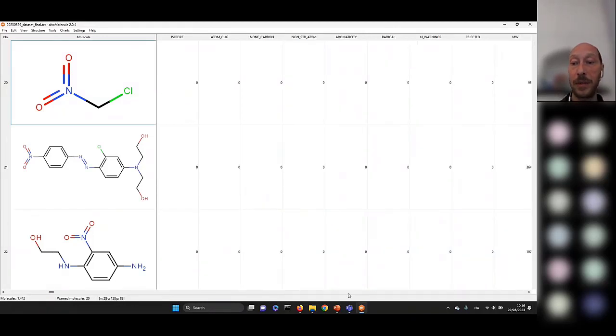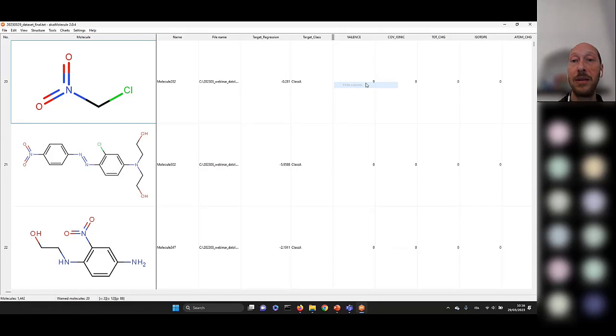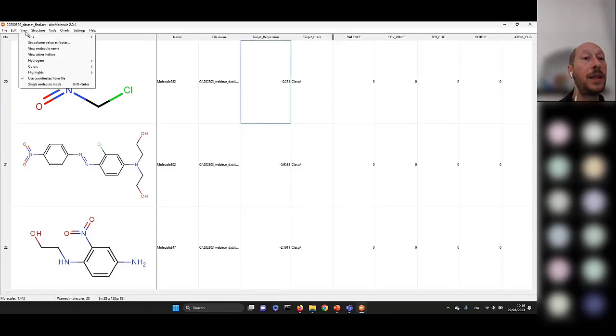These descriptors and properties are automatically added to our dataset as additional columns. As we have seen before, we can decide, for example, to hide some columns directly using the pop-up menu that is available when right-clicking on a column header, or we can perform it in an easy way using the column